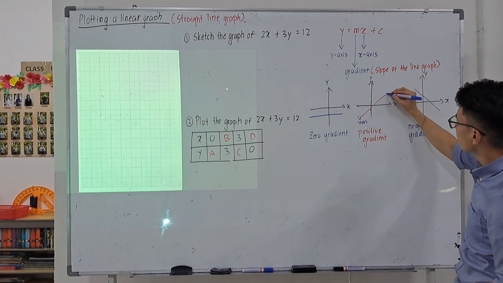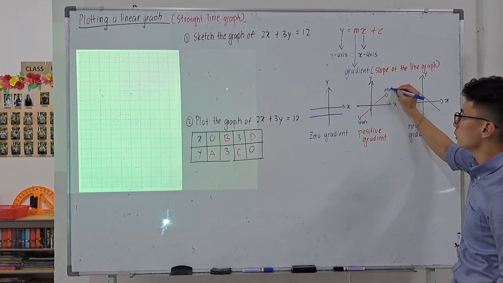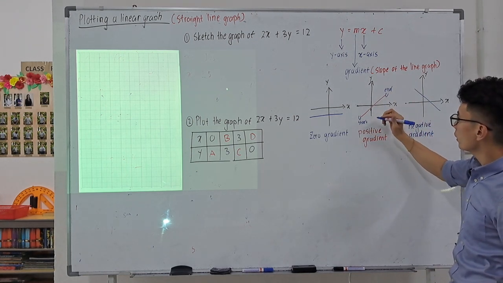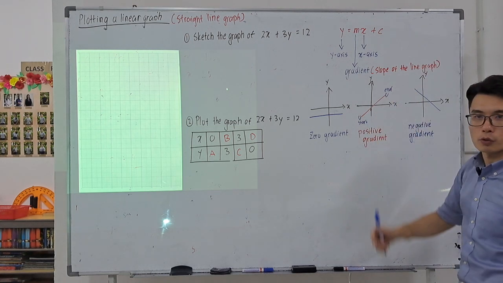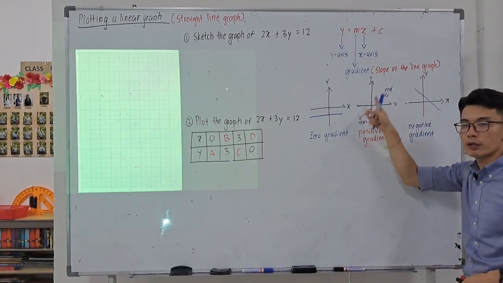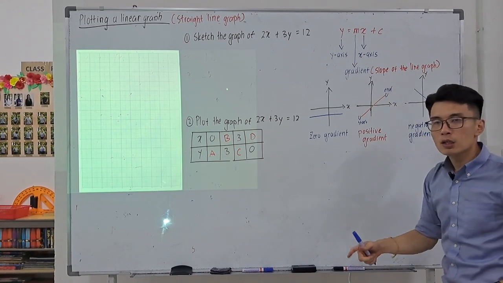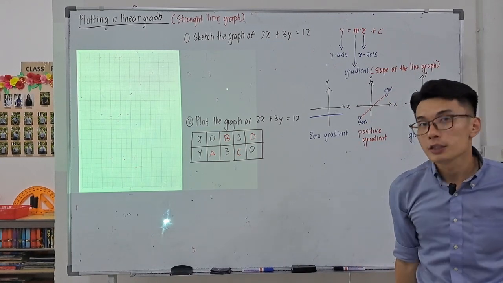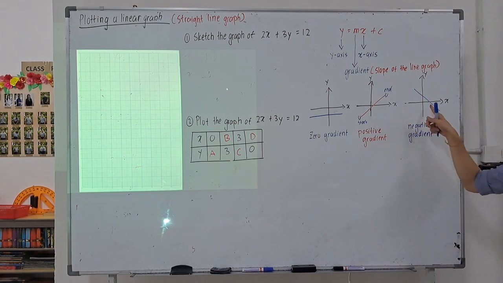And on the right-hand side, the tip is going to be my ending position. Now, if you notice over here, it is going upwards, correct or not? It's as if I am hiking up the mountain, all right? I'm hiking up the mountain. So that will be a positive gradient, okay? Whereas over here,